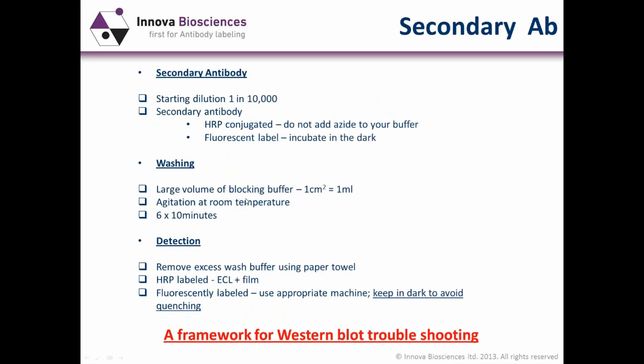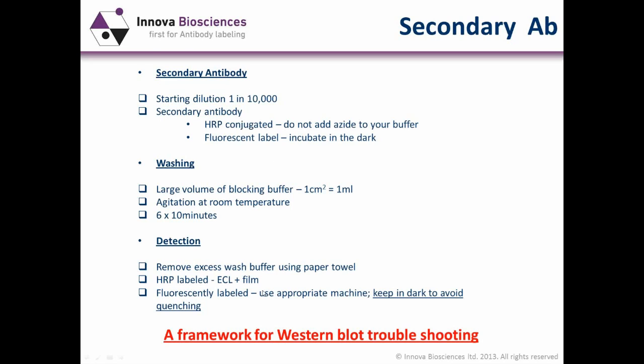And now on to the secondary antibody. Again, this is going to depend on your choice of how you're going to analyze your Western blot further at the end of the process, whether you're going to use ECL and film, or whether it's going to be a fluorescent label and you're going to use some kind of gel documentation system. But one thing that's worth noting is, with these secondary antibodies, they have high affinities for the primary antibodies. Therefore, you don't need to have a 1 in 1,000 starting dilution. My recommendation is 1 in